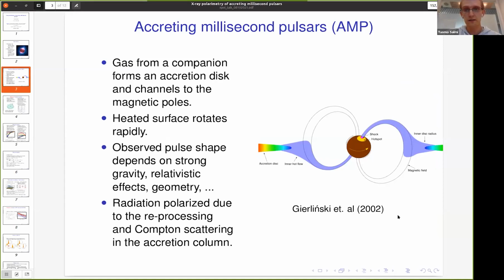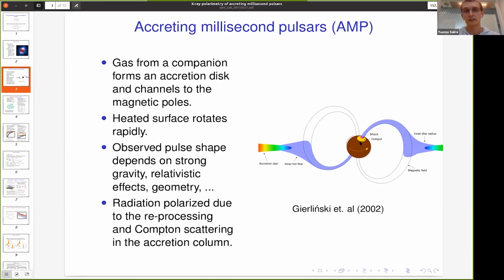a pulsar that is accreting matter from a companion, from an accretion disk, flowing along the magnetic field lines to the magnetic poles of the neutron star, heating the surface, and then presumably creating two hot spots, which then radiate thermal radiation in X-rays, but this radiation is then still reprocessed with